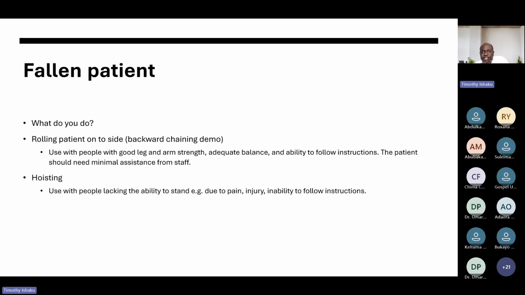Now, the second thing is, should you progress them to do it independently? The straightforward answer is absolutely yes, if you can. Absolutely yes, if the patient is in your clinic,